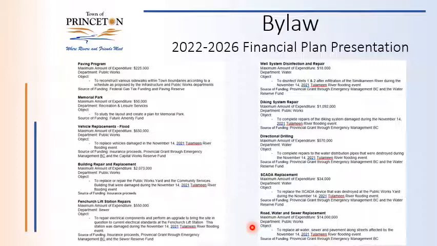So if we do have water and sewer issues as everything melts, we would be required to dig up pavement and replace water and sewer. And that $14 million estimate is if all the water and sewer needed to be replaced within our downtown core. The $14 million would definitely be a good first step toward repairing all that damage. We would rely on Emergency Management BC to kick in 100% of the funding for that.